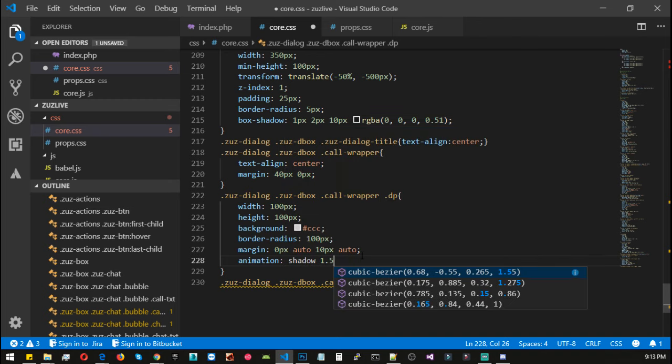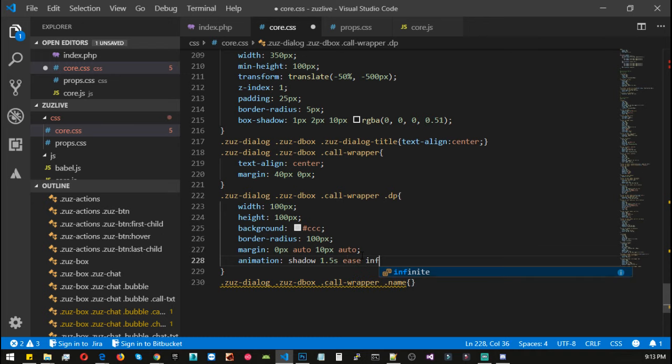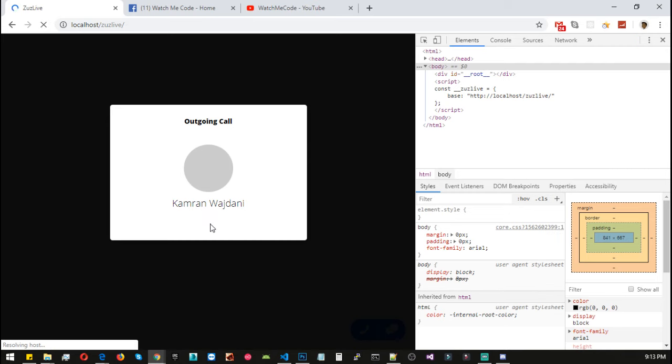It should be 1.5 ease, and it should be infinite because we need infinite loop. Let's save, go back to localhost, reload,